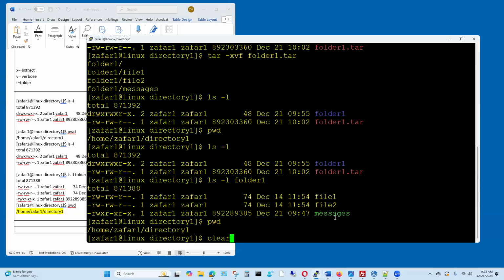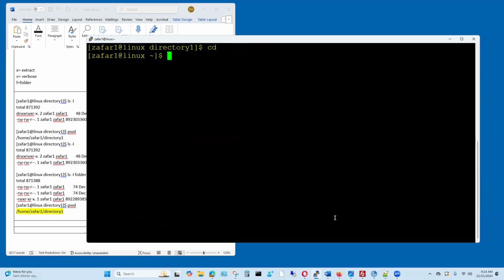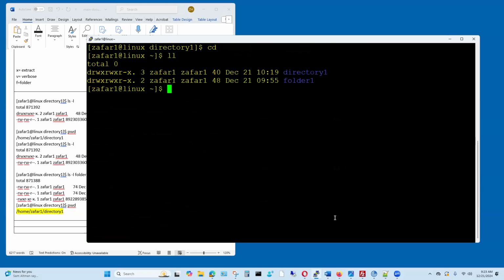Okay, so let me clear this. Let me go back to my home directory. And let me get rid of directory 1. I'm going to remove that. Yeah, there it is. But what I want to do is tar it and zip it in one shot. Okay, very easy. What you have to do is